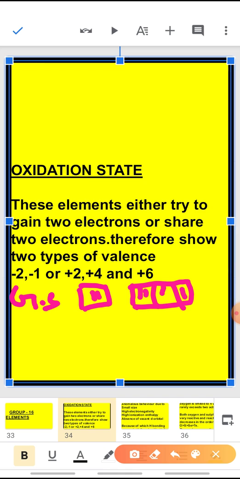Now if one of the electrons from here goes to the d orbital, then what will happen? They will show +4. And if this electron also goes to the d orbital, then they can show +6. So in this way they can all show +4 or +6 valency by the shifting of electrons. Children, these +4 compounds show both oxidizing and reducing properties. Fluorine brings about the maximum oxidation state of +6 in the compound.